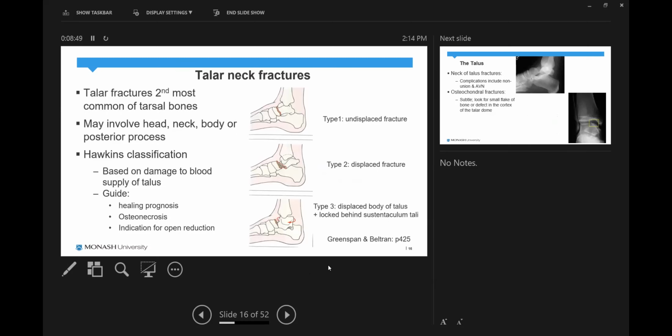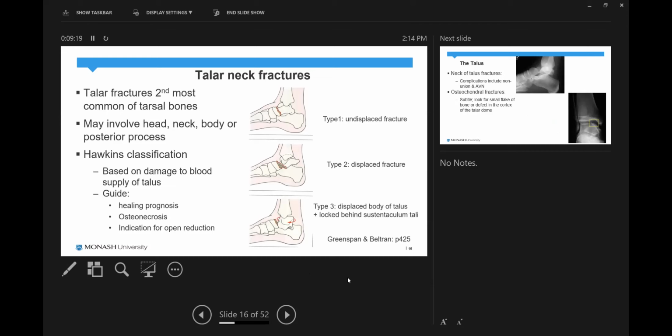Now, talar neck fractures are the second most common type of fracture of the tarsal bones, and they may involve the head, the neck, the body, or the posterior process. Now, there's a Hawkins classification for talar neck fractures, and this is based on damage to the blood supply of the talus. And Hawkins used as a guide the healing prognosis, whether there's a risk of osteonecrosis, and also indication